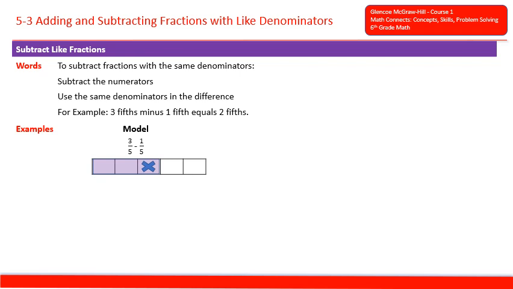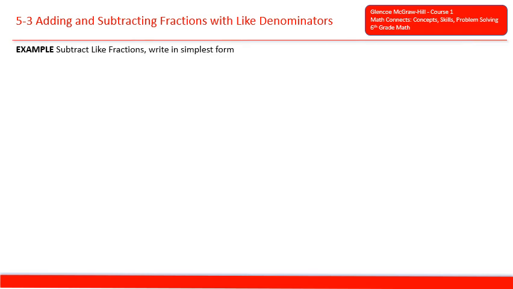There's 3/5, and we'll take away 1/5, and that leaves 2/5. In numbers, 3/5 minus 1/5, we can put 3 minus 1 over 5, and then if we subtract the numerators, we get 2/5. So 7/8 minus 5/8, we can rewrite that as 7 minus 5 over 8. And if we subtract the numerators